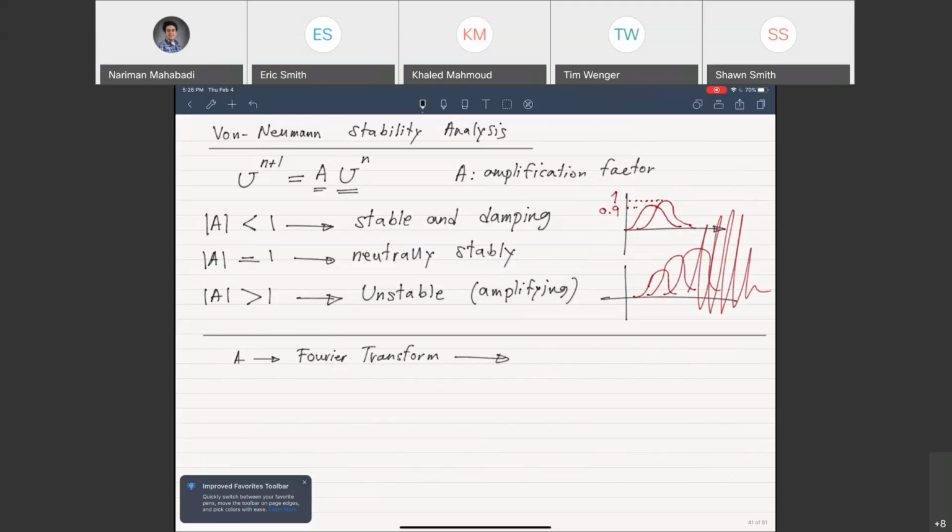And then at the end, as I said, he found that this factor is a function of delta t, delta x, and the velocity. And I'm just talking about this special case, right? The advection problem. Of course, in other problems, this amplification factor would be different. And then he found that really this factor is v times delta t divided by delta x. I think this is familiar to you, right? This is the factor right behind